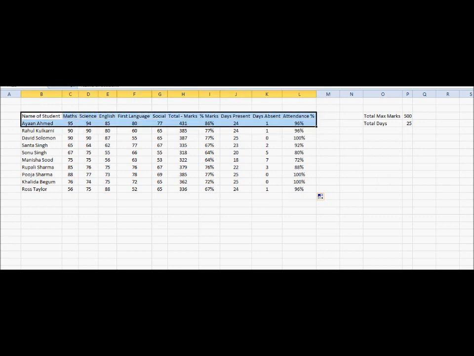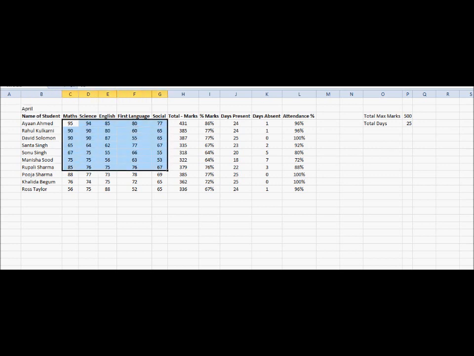Now whatever the change, for example, if this is for 1 month, there may be another month of records which you want to do. Assuming this is for March, you may want to do it for April. So for March, this is the scoring percentage which Ayan, Rahul, David and Santa have got. Now let's try for April. You need to just clear these data points